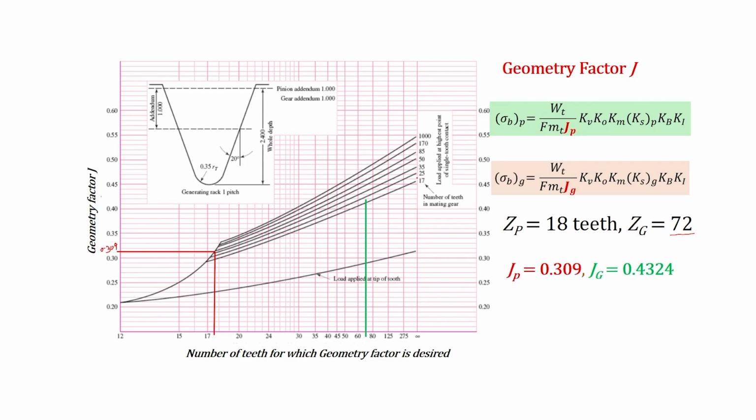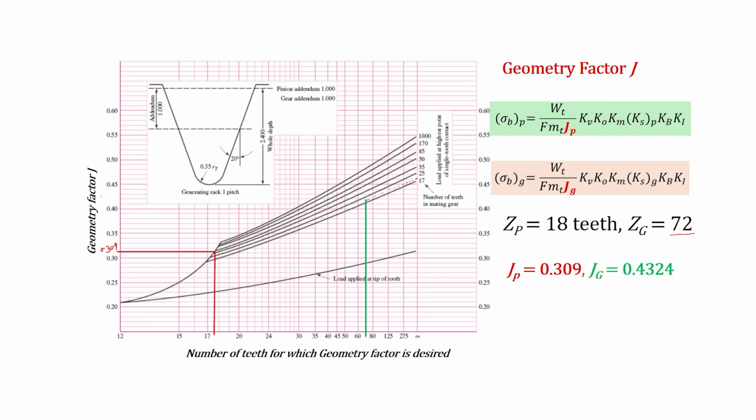A curve corresponding to 18 will be somewhere here, so what we actually do is determine J corresponding to 17 teeth on the mating gear and 25. These two curves are given,